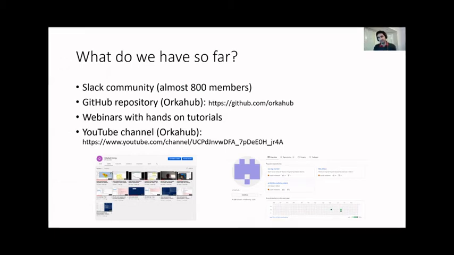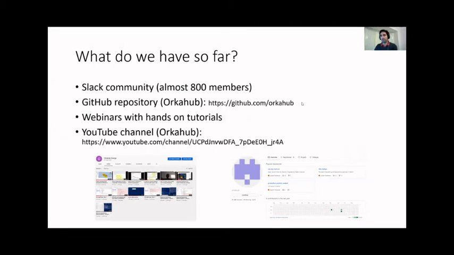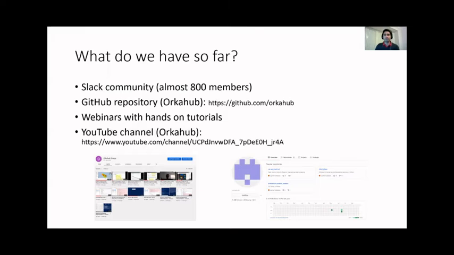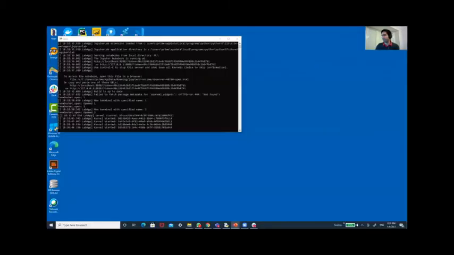It's actually hands-on examples that we take from our daily work, and we try to show people how to do things. So if you have time, please try to go to those resources. I will send you in a bit the Slack community link, because at the moment it's working by a direct invitation.